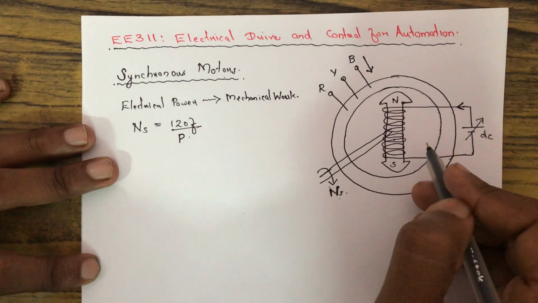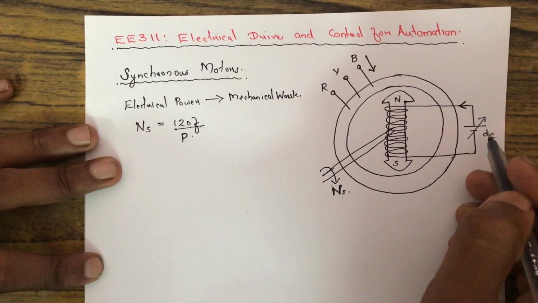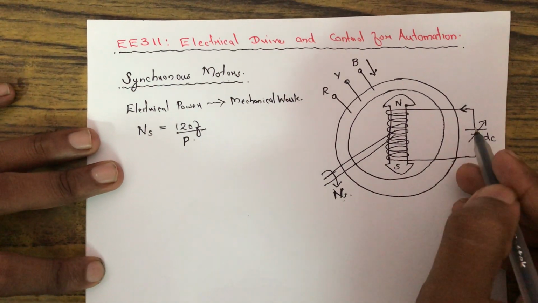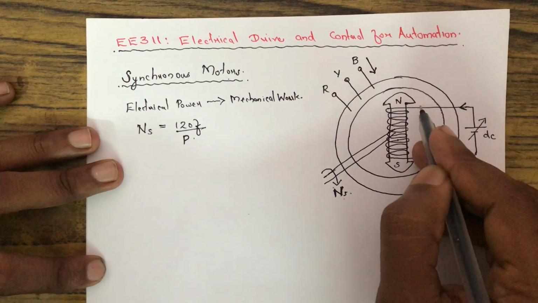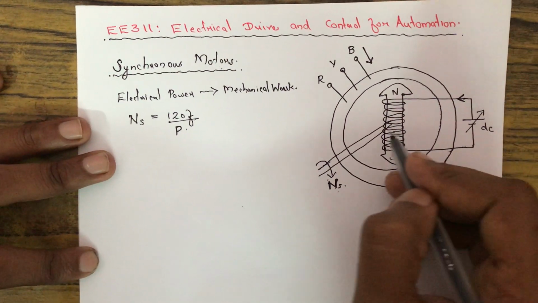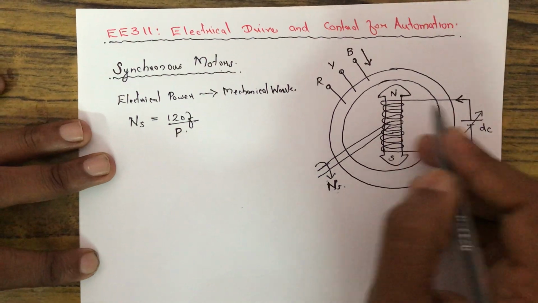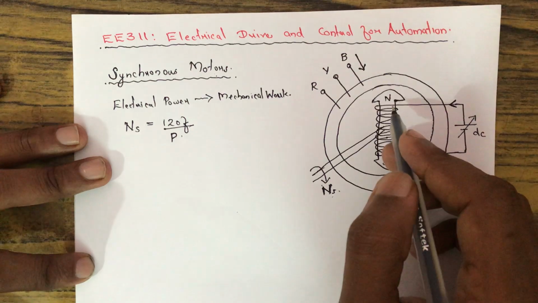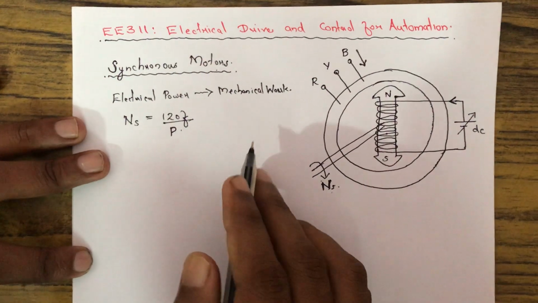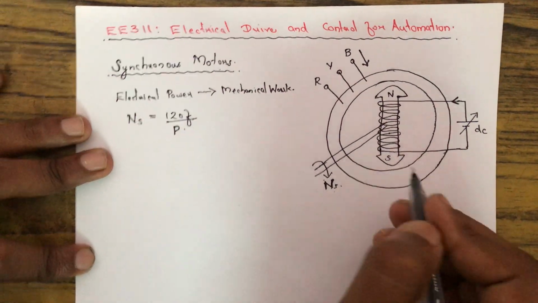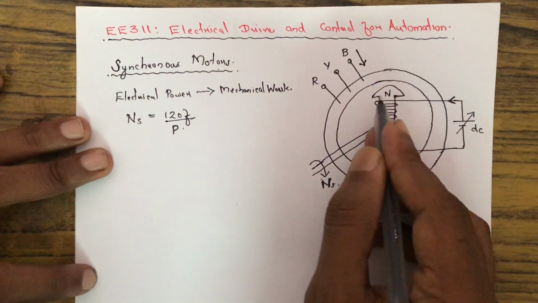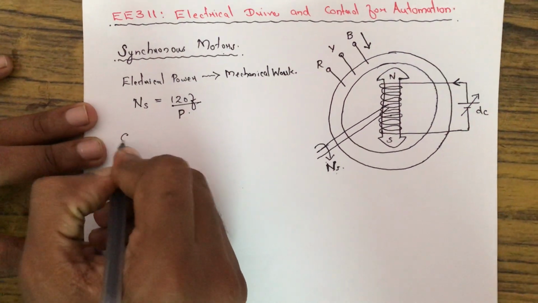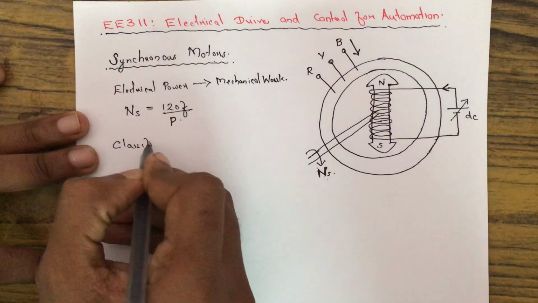So it also has the armature and field winding. It will also have the brushes assembly to connect the rotating part to the stationary part, and bearings and stator lamination. So the construction is similar to that of a synchronous generator. Based upon the type of rotor used, the synchronous motors can also be classified. Classification of synchronous motor.